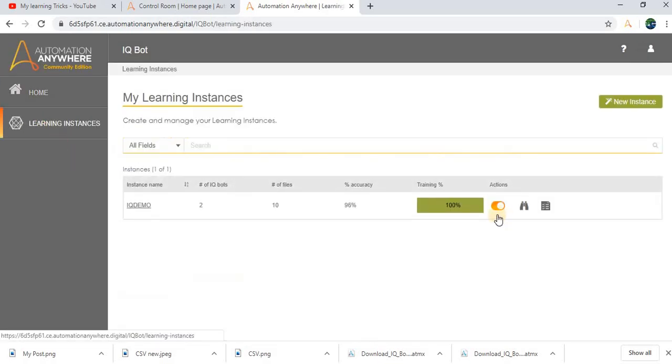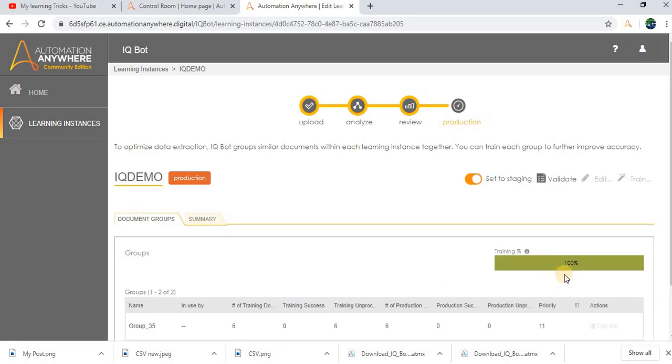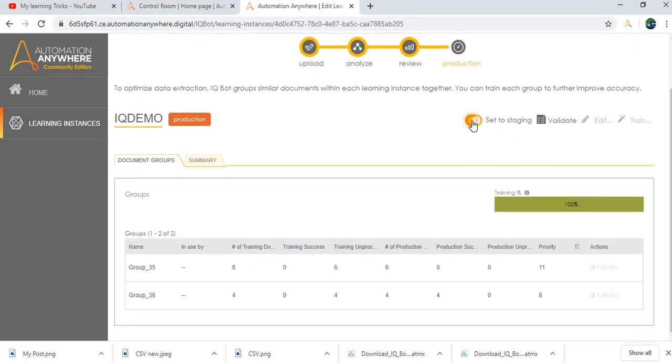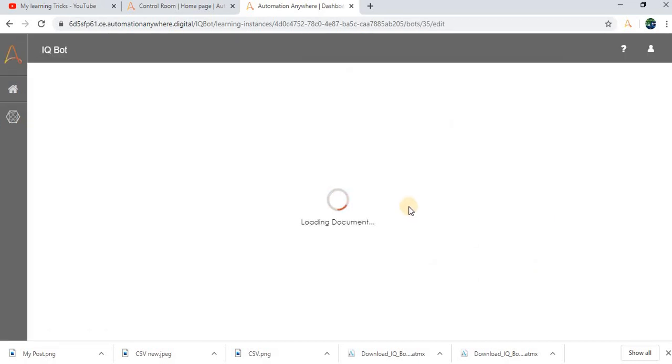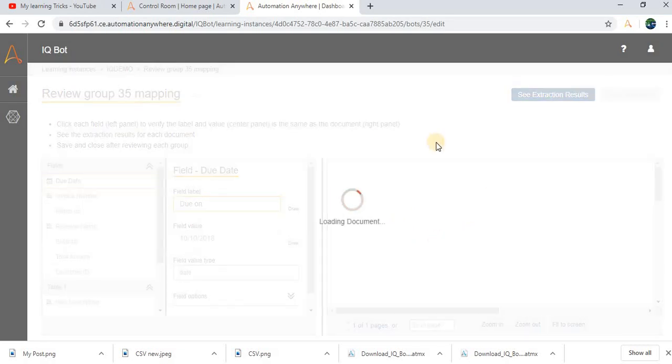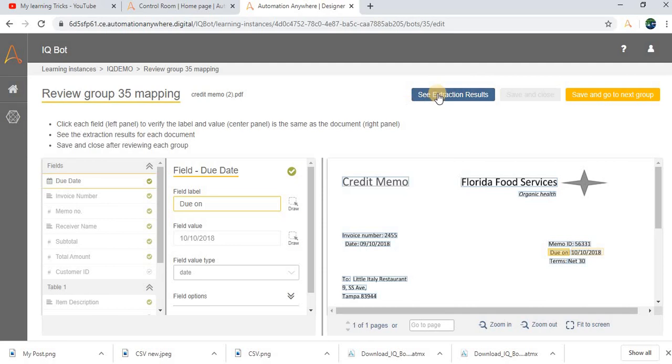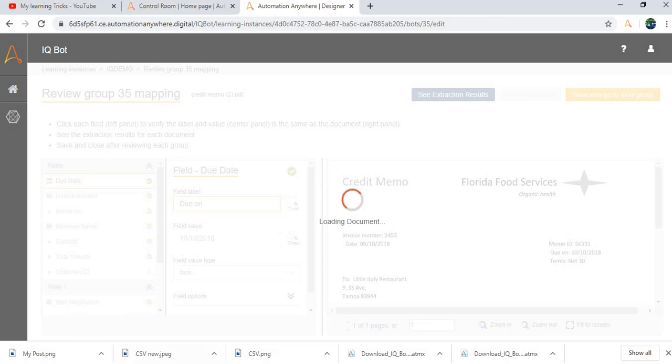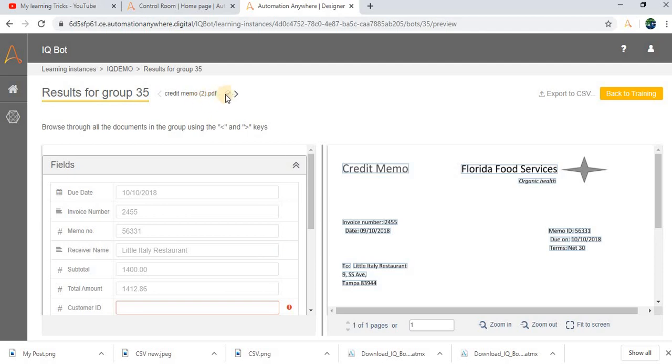In the landing instance, even you can extract the details. See extraction results. It will extract the results into the CSV file for this particular PDF document. Currently we are validating the PDF document 2. In the group we are validating the PDF document 2.